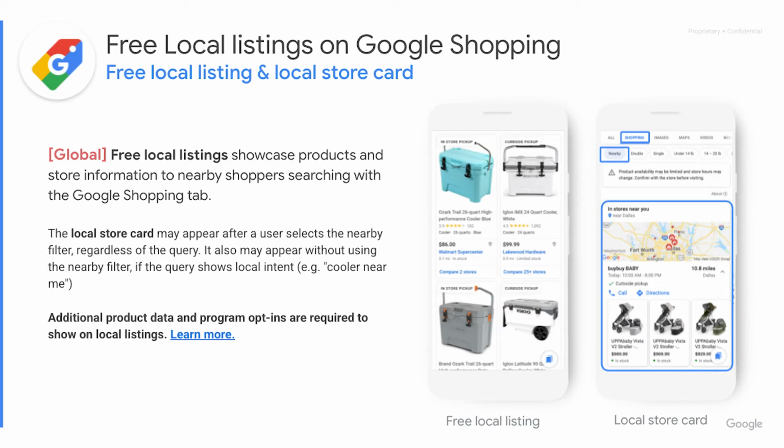It may also appear without the nearby filter if the query shows local intent, for example, stroller near me. Showing in local listings requires additional product data and program opt-ins, but this is truly a fantastic option if you have a local storefront and if you want to expand your reach to show up for local users. You can learn more about the specific setup and requirements in our Help Center.